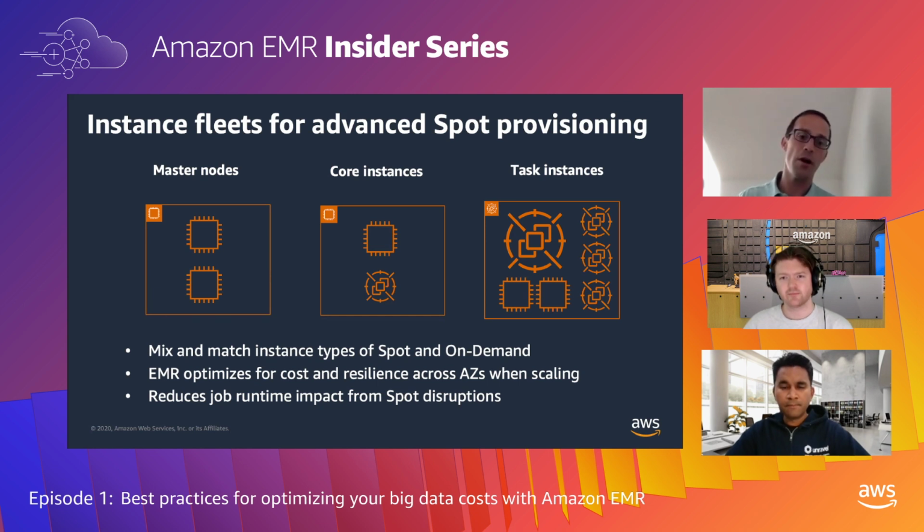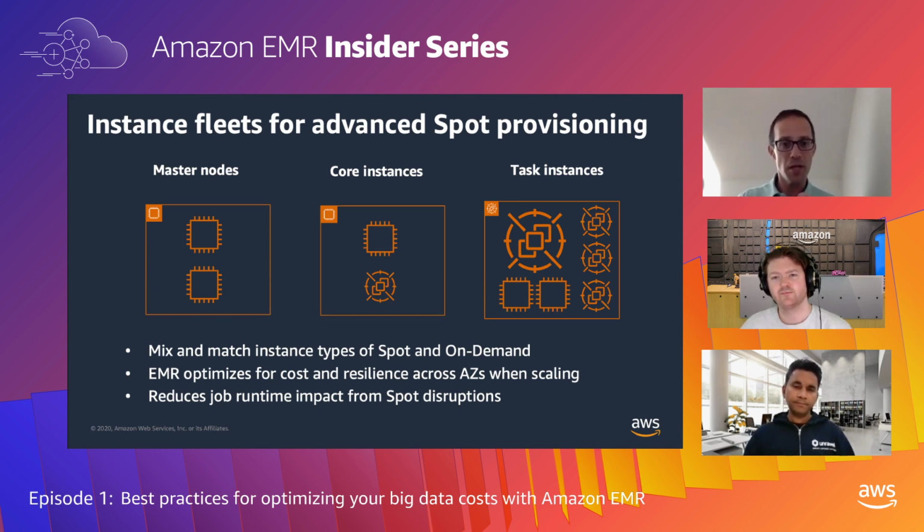I think, Nick, you mentioned earlier the ability to pick and choose the right instance types that you want to use in your cluster. So in EMR, we have three different ways to look at capacity or hardware. The first one is the master nodes. You probably don't want to touch that too much. That may run on on-demand capacity, so it's stable. Then there's two other modes. There's the core instances, which are basically compute plus storage for HDFS. And then you have the task instances that are compute but without the storage.